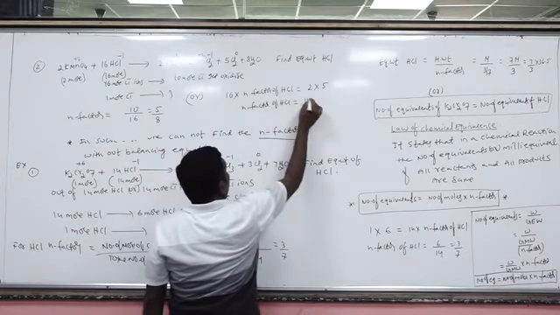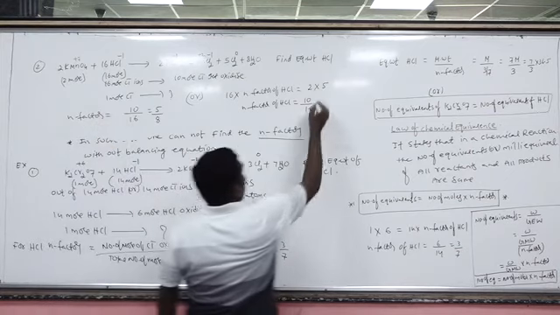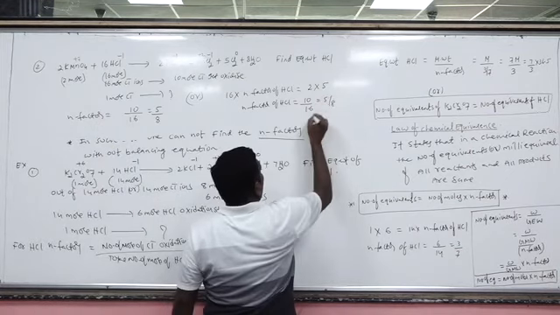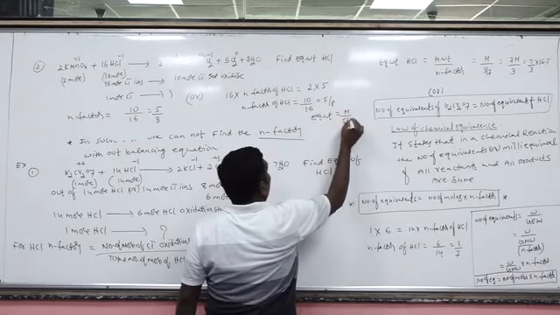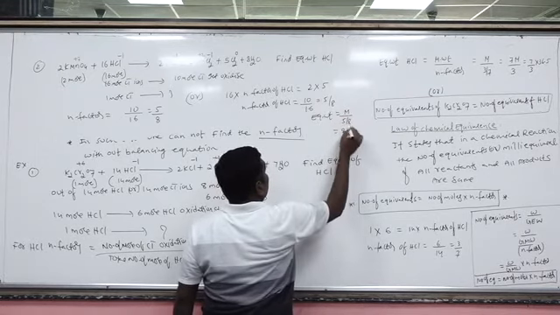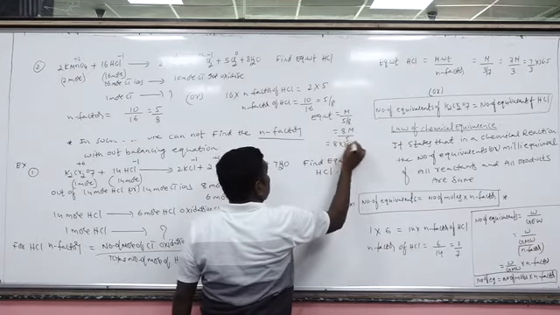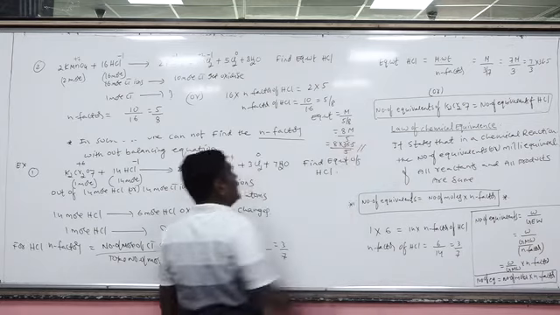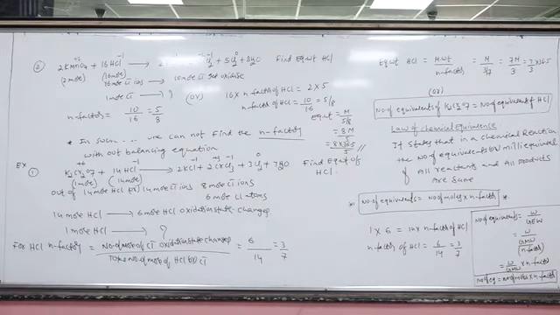So the N factor of HCl is equal to 10 upon 16, that is 5 upon 8. After that we can find the equivalent weight: molecular weight upon N factor. So 8 into the molecular weight of HCl, 36.5, divided by 5. 8 into 36.5 divided by 5. So this is the calculation of the equivalent weight of hydrogen chloride.